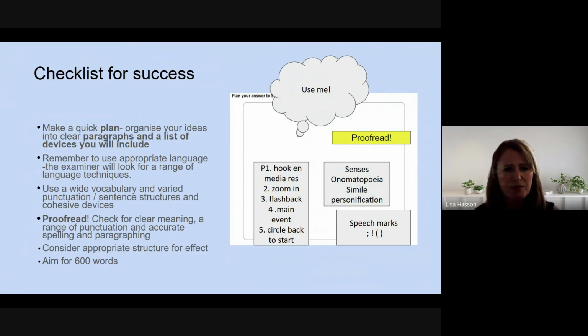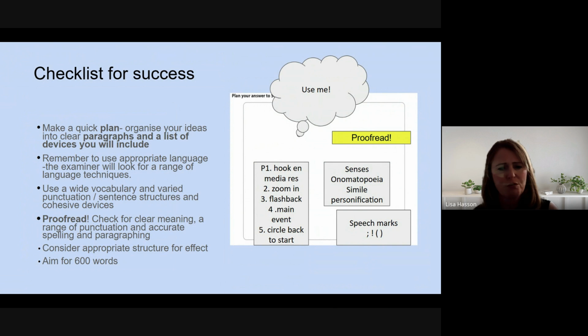So firstly, I would definitely make a quick plan. I'd organise my ideas into clear paragraphs and use a list of devices that I would include. I would spend 5 to 10 minutes doing that. Remember to use appropriate language. The examiner will look for a range of language techniques. Use a wide vocabulary and varied punctuation and sentence structure, as I mentioned earlier on, and definitely plan to use